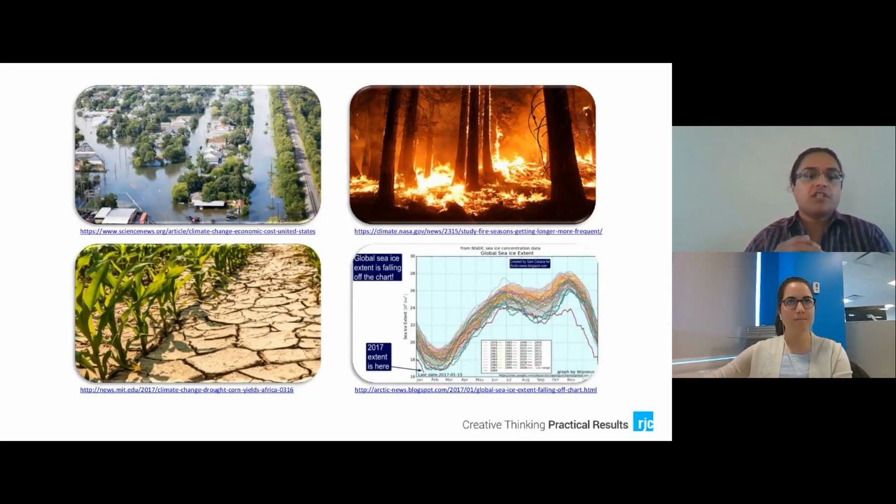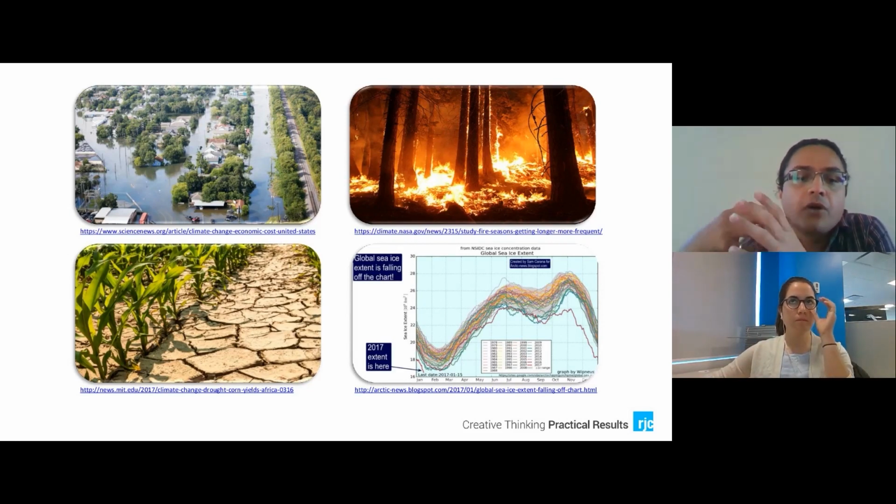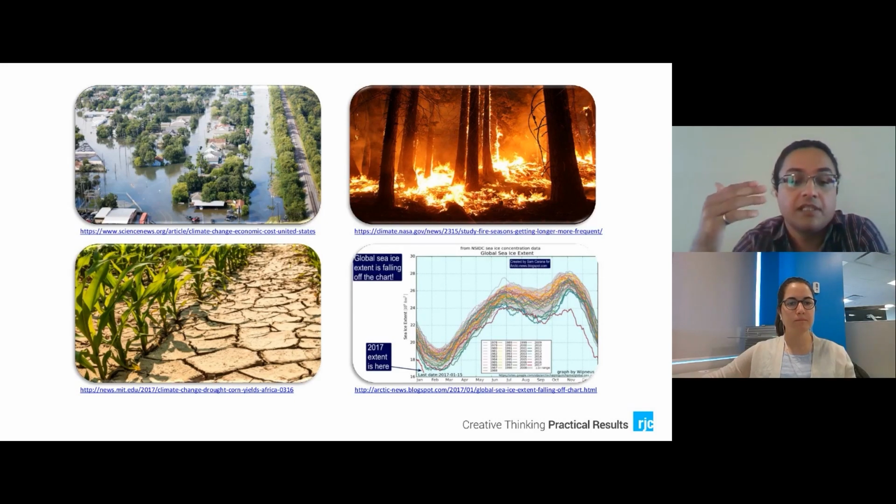So climate change and energy standards. One of the most important aspects of energy standards and energy modeling in general is the fact that they can mitigate the impacts of climate change. We are living with a changing climate. We are experiencing wetter winters, drier summers, and as you can see in the graph at the bottom right corner, the extent of ice has dropped significantly over the last century, and this will cause climate change and increase in